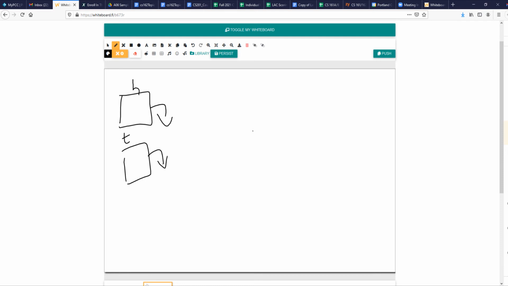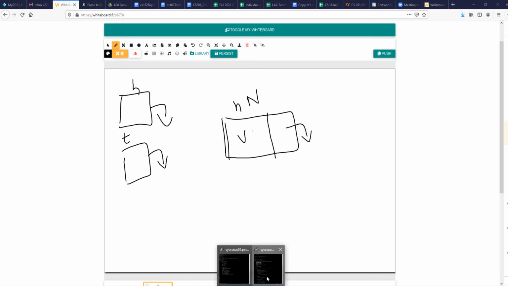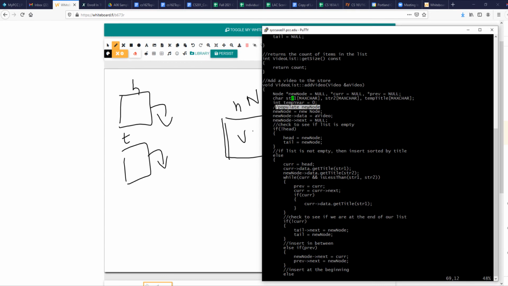Both of them are empty. New node equals new node says create. I'll call it NN for lack of space here. This is my video object. This is my pointer. So if you look in our code here, I've created new node equals new node, allocated